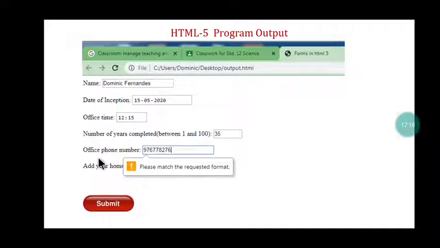Okay, and office phone number, here I have entered wrong phone number. That's why the message pops up and it's showing please match the required format, because here we use a pattern. And then here add your home page address, your web address you have to enter, and then click on the submit button. You will see the data is submitted to the server.